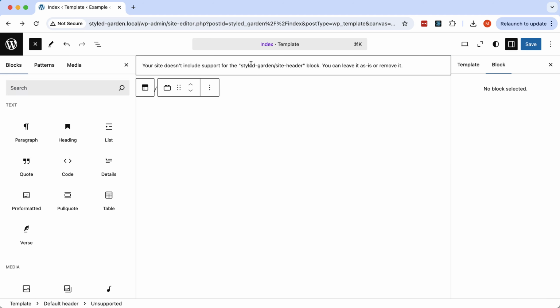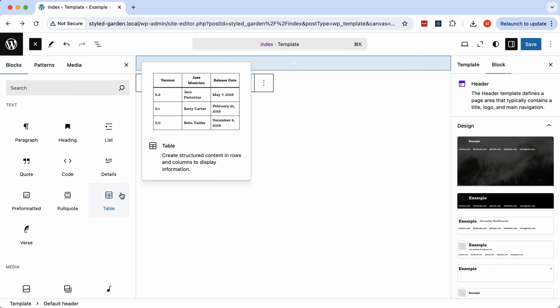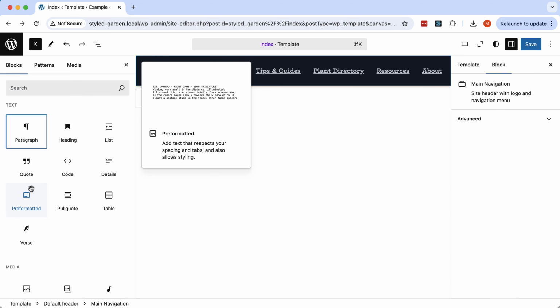Again, it has some broken blocks. So we will delete the old block. Okay, and now we can finally add our main navigation